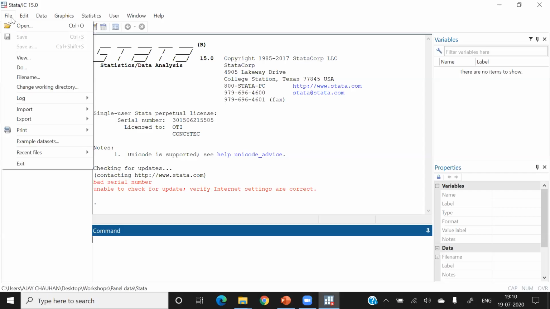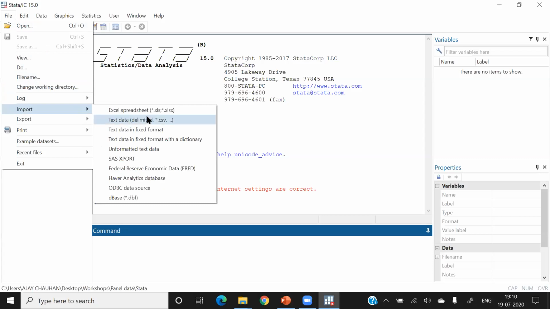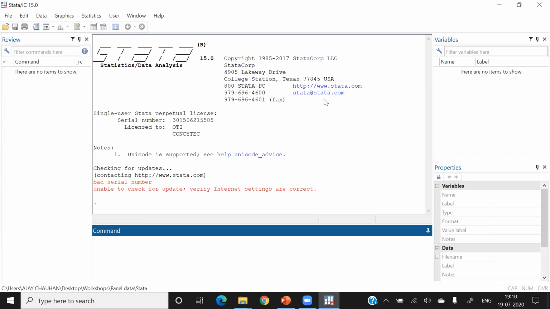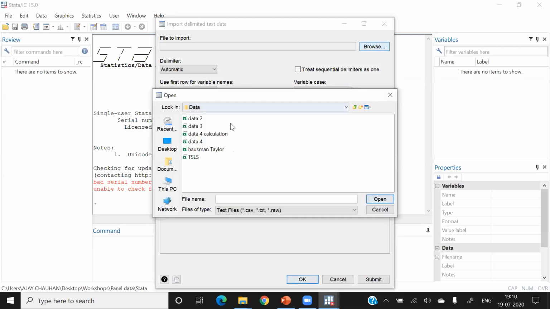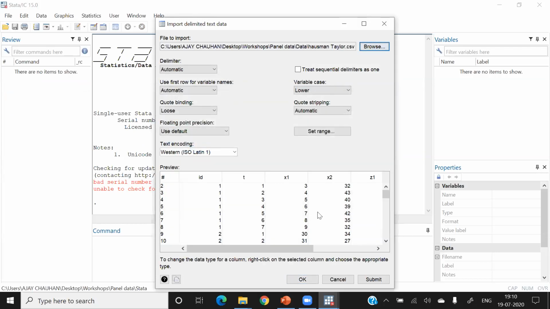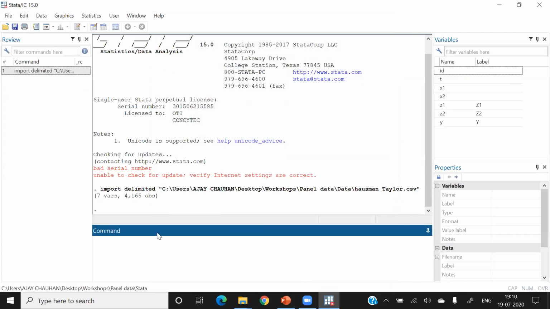Now we are going to open the file, import text data, and we are having the data in the name of Hausman Tailor. Okay. Now we are having this data set,